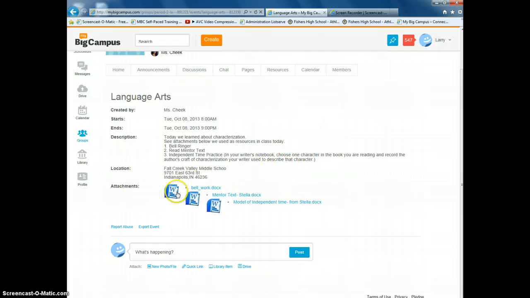And then of course here are the attachments. If they click on this for bell work, their bell work would come up. If they clicked here, they'd get the mentor text. Stella was the name of the book. And that's what we did second. Third, independent time. If they clicked here, they would see the model of the independent time from Stella. So all the resources they would need would be right there. All right. If they go back to their calendar,